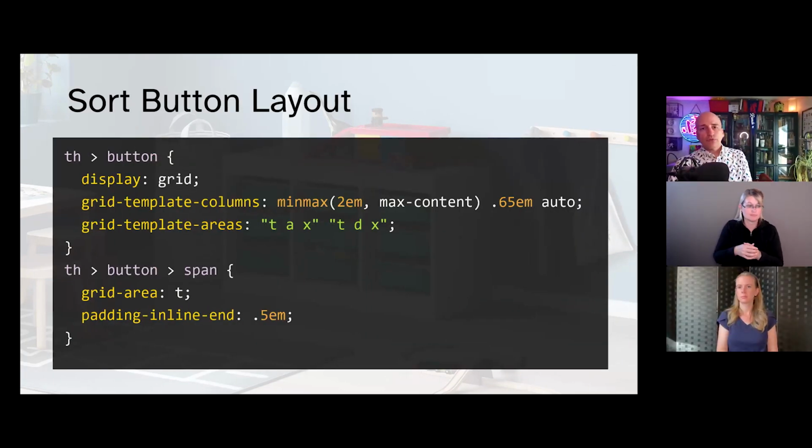For the layout of the sort button, I use CSS grid template areas to lay out the SVGs alongside the button's text. I use minmax(2em, max-content) on the grid area for the text label, and I do this so the text does not take up half the width of the available space. That would otherwise push the arrows to midway along the width of the button, which is weird and inconsistent. The padding-inline-end logical property accounts for right to left languages for me here.